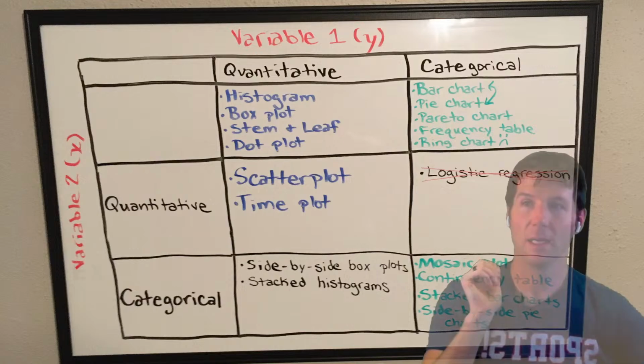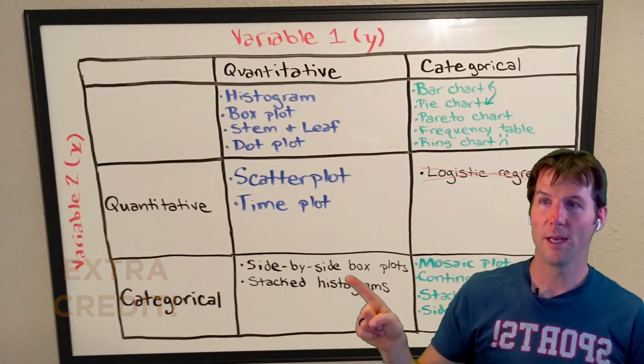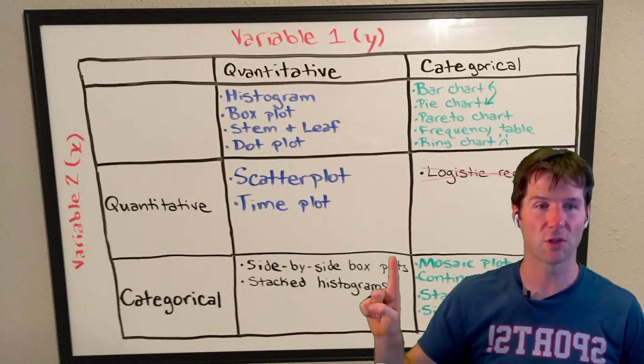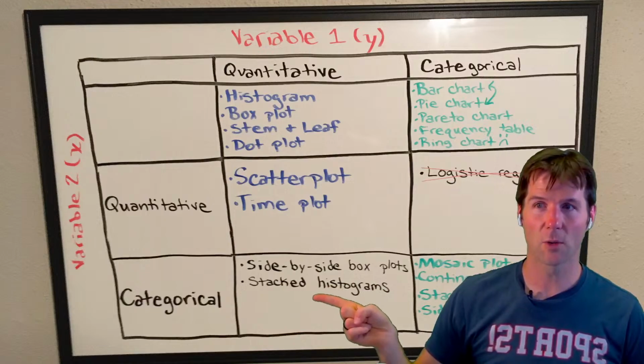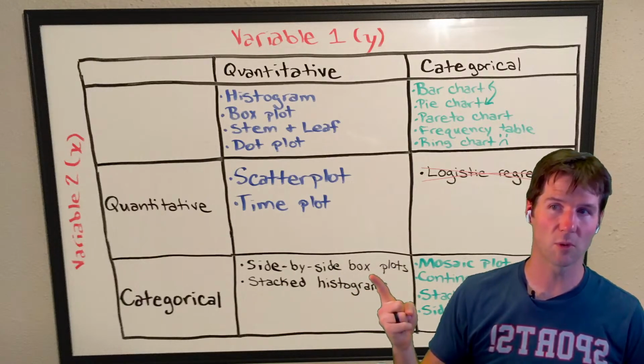Boom, Lillian said it. Side-by-side box plots, because male and female is categorical, and then GPA is quantitative. You see how it's quant up there in the Y? The Y variable of interest is quant. To visualize categorical male, female, quantitative GPA, you can do stacked histograms or side-by-side box